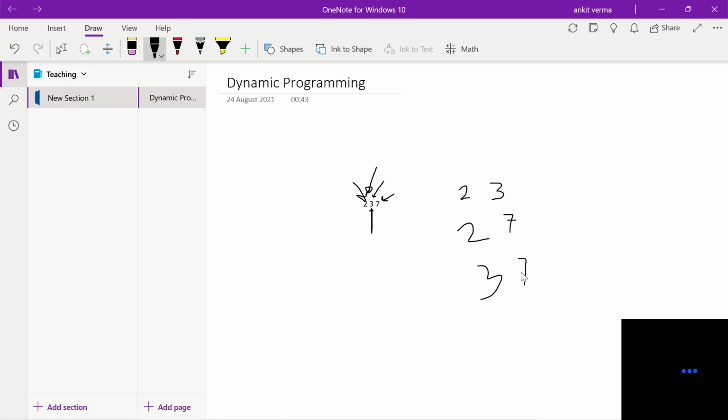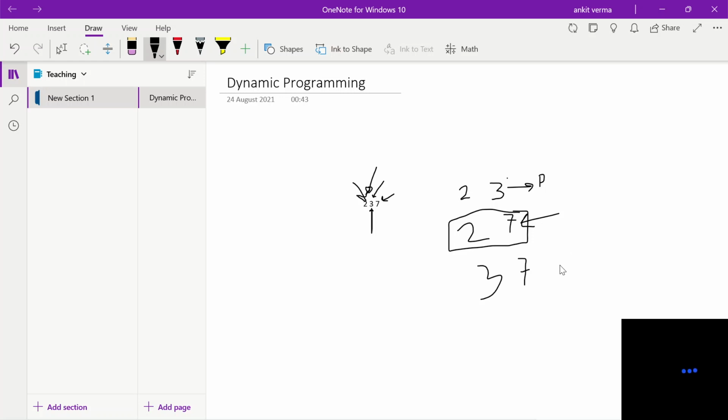Let's check the first number. We can see that there is no number which divides it and gives modulo 0, so it is a prime number. Then we have to move ahead in the for loop. We come to the next number and check whether it is a prime number or not.